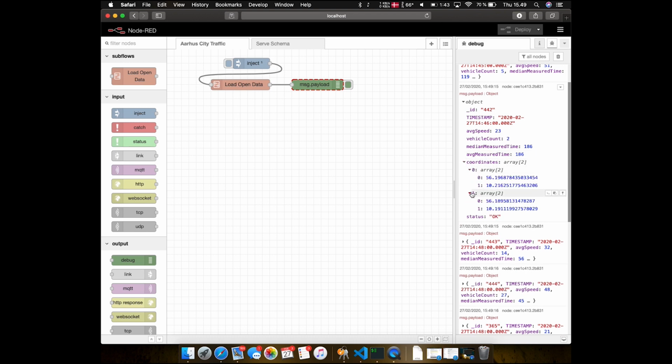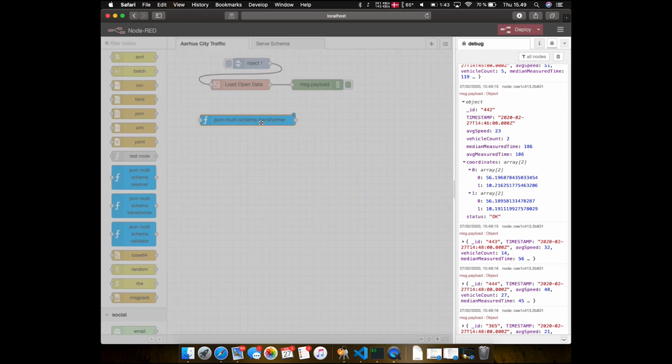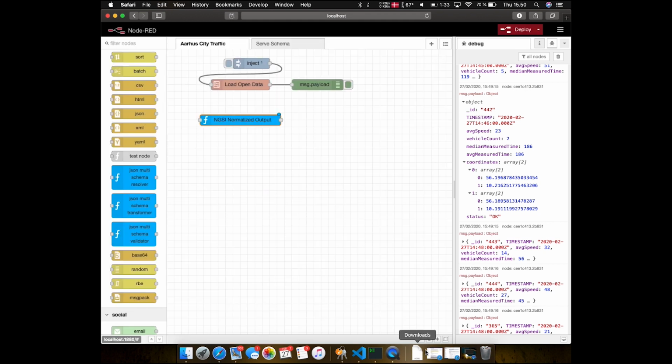This is not a format that we can actually share with anybody else because this is the random format from this specific platform. What we want to do now is transform this into NGSI, and we have an atomic service for that, which is a Node-RED flow. This is a transformer node. I will just give it a nice name. And also tell it where to find the transformation. This is the URL for that. So what this does, and I'll show you,